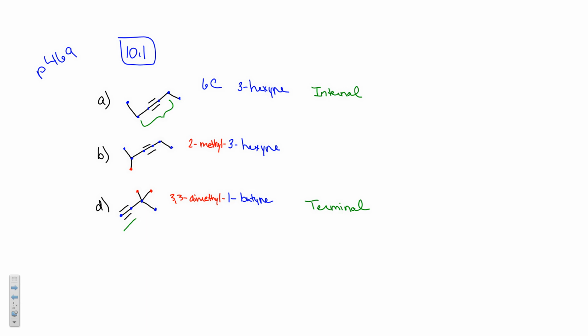That hydrogen is fairly acidic, so it's very reactive. We're going to be doing lots of reactions with that hydrogen that's on our terminal alkynes. We'll do a little bit with the internals too, but this one comes into play a lot in the future. Okay. So let's